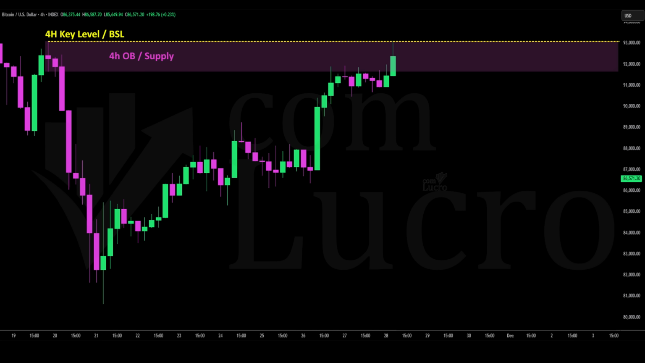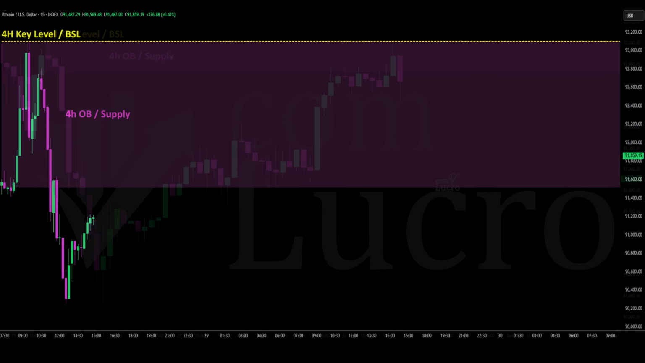In this case, price rejects the area and forms a valid three-candle liquidity grab reversal. This provides the confirmation we were waiting for, and suggests that the bullish retracement may be coming to an end. Now that we have our higher time frame confirmation, we can shift down to the 15-minute chart and begin planning